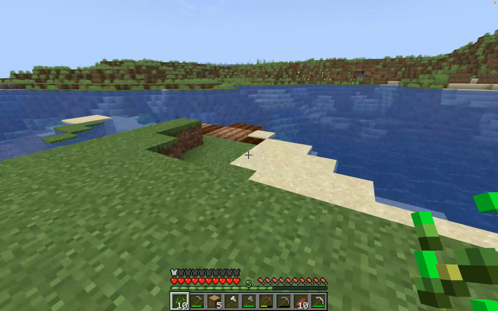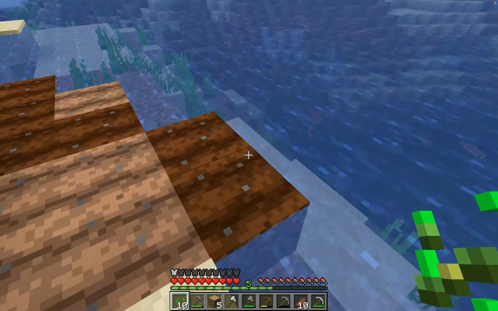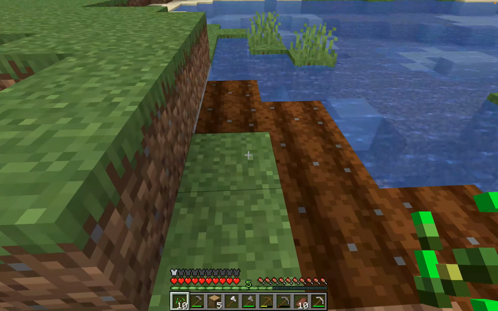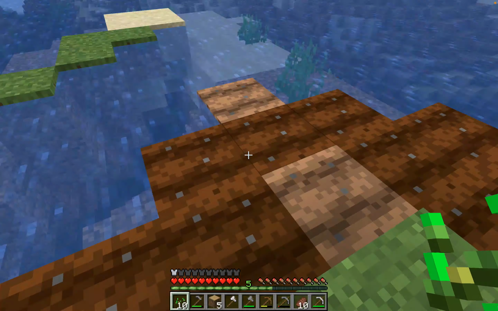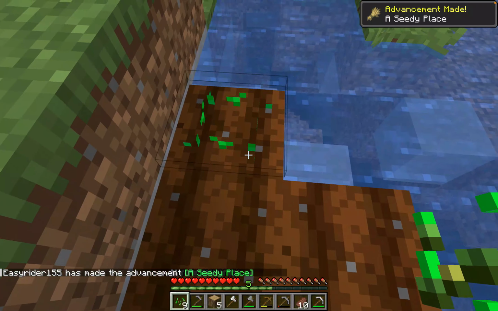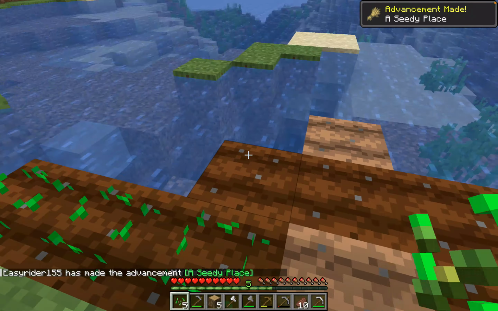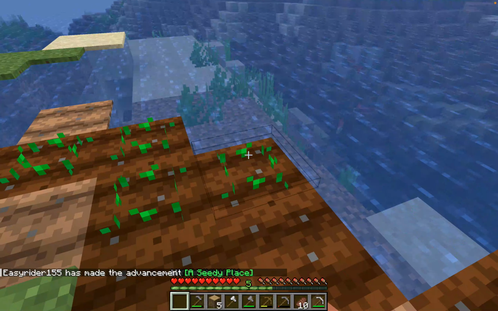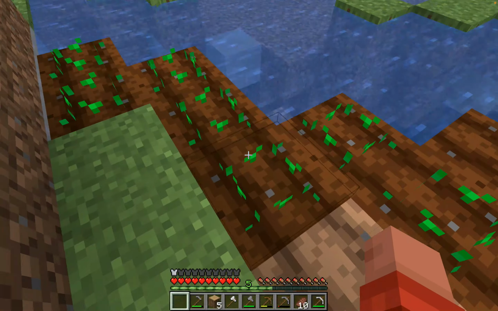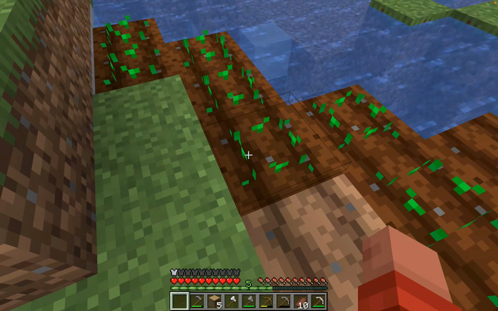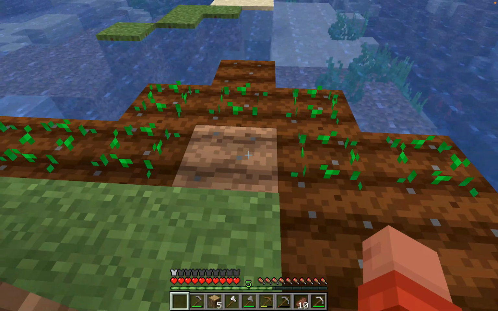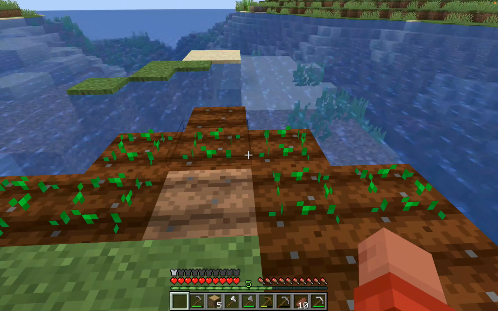Now you should go back to your farm and you can see right here a few of the things actually got hydrated. Now you right click with your seeds on those dark brown farmland and you see you planted a seed and you get an advancement. Now these seeds will grow in time, and what you do with wheat, once it's fully grown, it should be higher and it should be yellow. And basically you can craft wheat into bread,